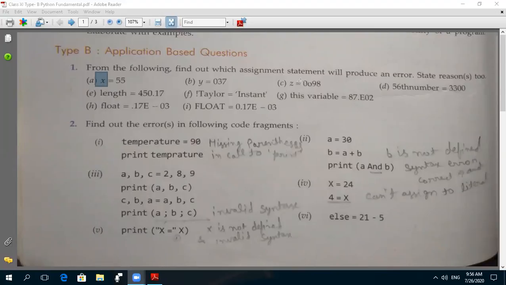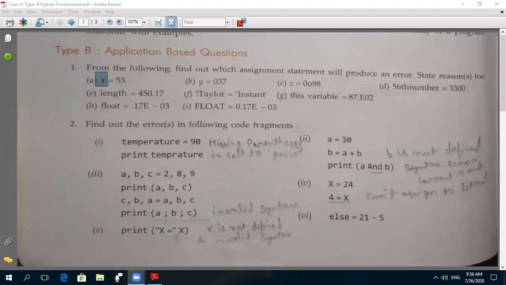But when we store any value in the variable, it is in the form of integer, that is decimal only. So here there will be an error. Is it clear?